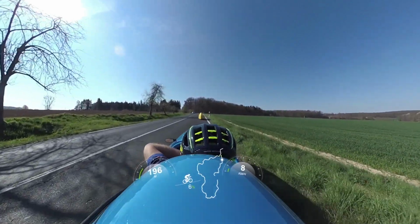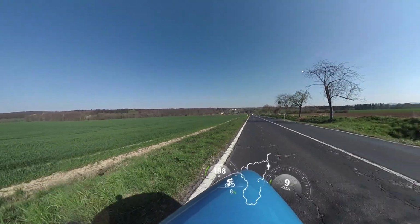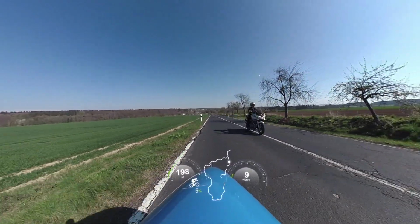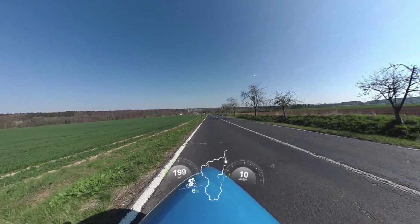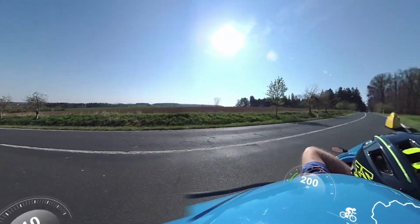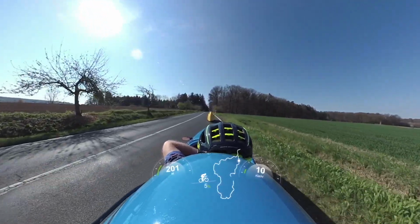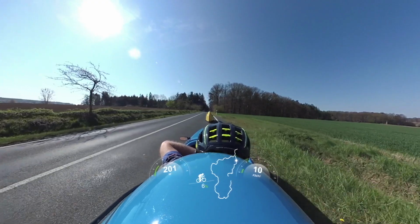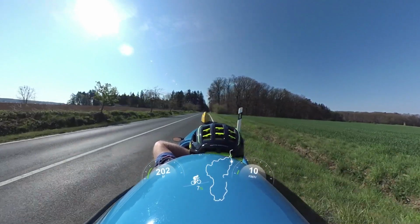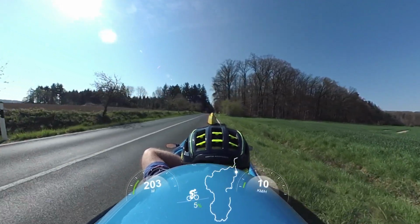On most Wednesdays this past winter, we've been doing a longer ride because one of our buddies wanted to grow from a short-range rider to a long-range rider. So he wanted to train himself for the 200-kilometer days that many of us do in a velomobile. Every Wednesday, with very few exceptions, we got a small group together to do a longer ride. Today, it's just two of us, so the initiator of the Wednesday rides is not even with us, but it's my friend Christian and me, two DFs,